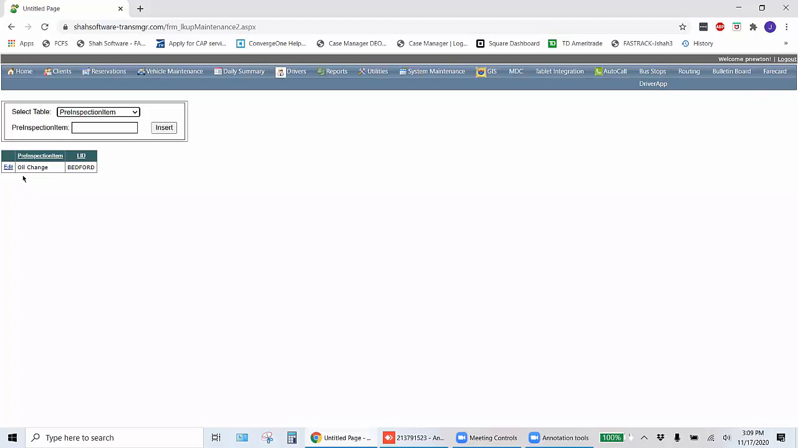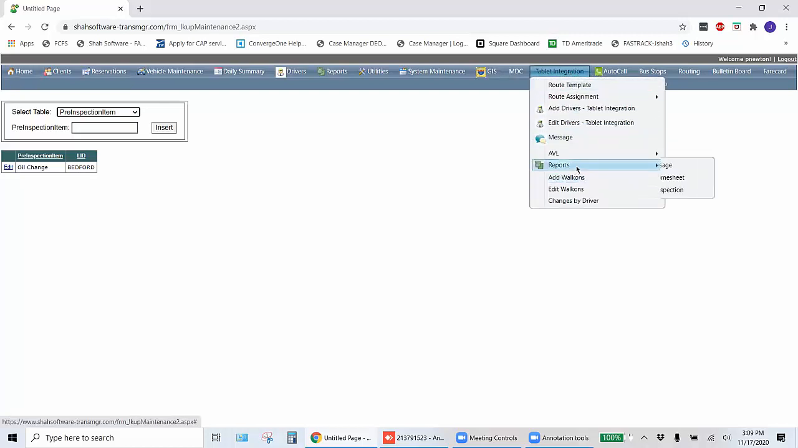And the same, I have a lot of customers, they make the driver do inspection twice. Before the driver starts the route and after they finish the route. It's up to you. So if you see this under vehicle inspection,